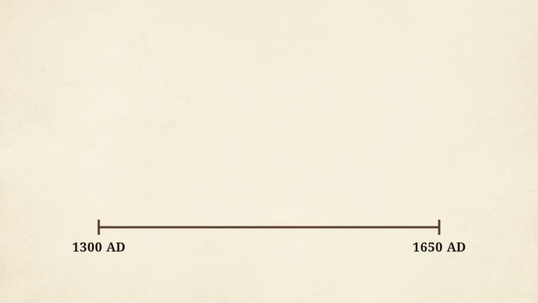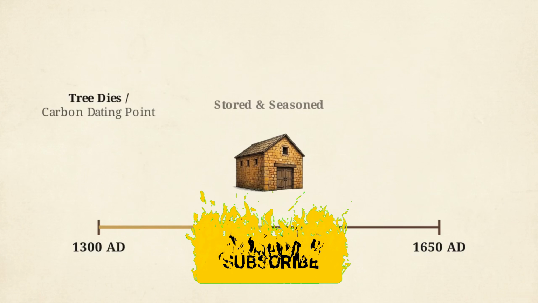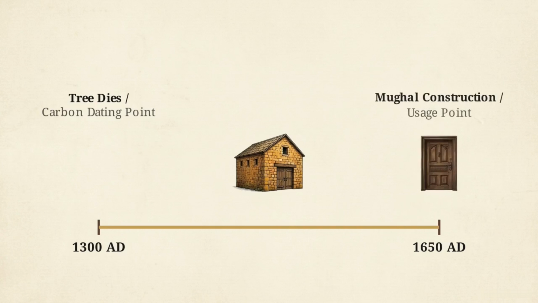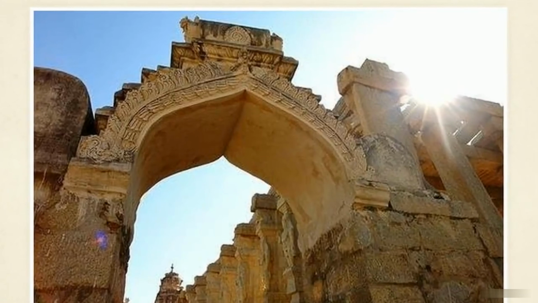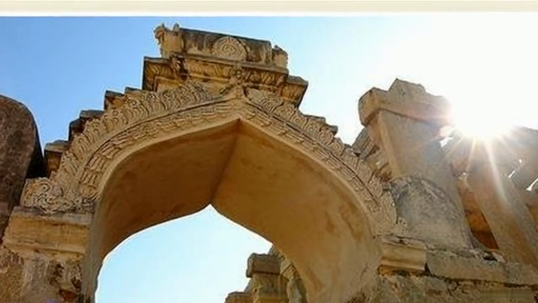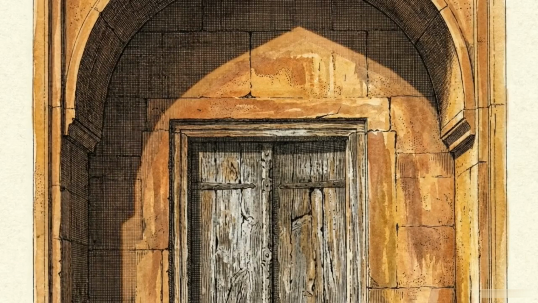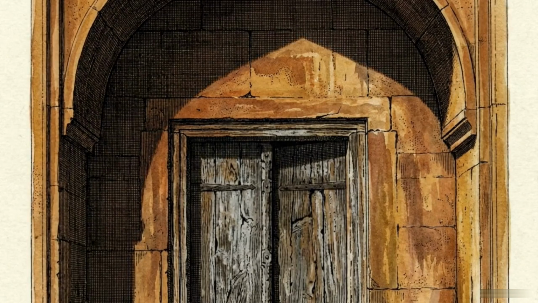However, carbon dating measures when a tree died, not when the resulting timber was used in construction. This timeline shows how timber harvested in 1 century can be stored, traded, or repurposed as a door hundreds of years later. We see similar patterns in stone architecture. While revisionists point to pointed arches as evidence of an older temple style, these features were already a standard part of Indian architecture in the 13th and 14th centuries, long before the Mughal arrival. The presence of 14th-century wood in a 17th-century building indicates the use of aged materials rather than the secret origins